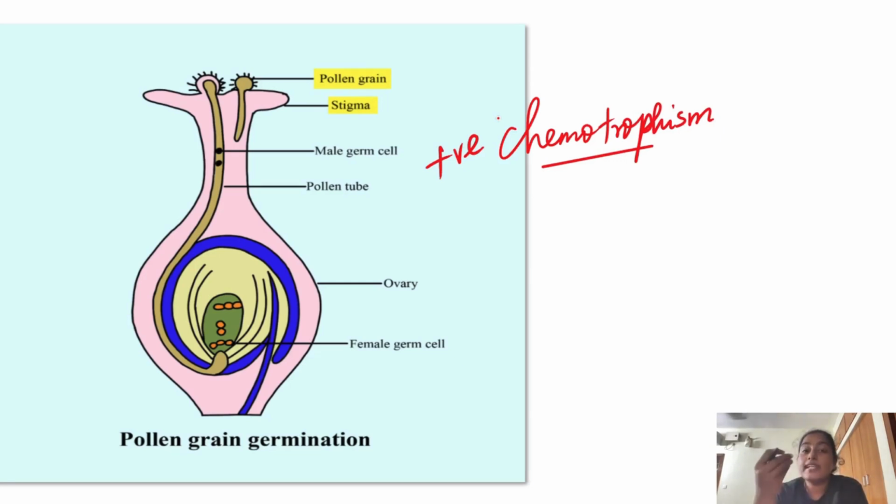I told you that the cells inside the ovule will release certain chemical attractants, which is attracting the pollen grain to release the male gametes towards the ovule, right? So basically the pollen tube is growing towards the chemical. That's why it's a very great example for positive chemotropism, and I want everybody to note it down. If not in board exams, it will be super helpful in your competitive exams and in your higher grades, right? So now this pollen tube is growing and attaching to the ovule.